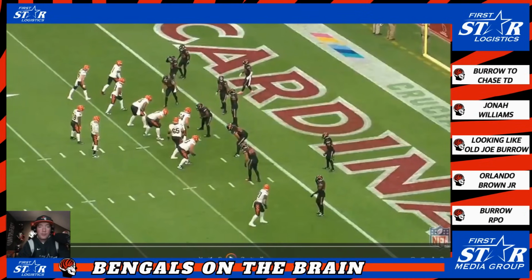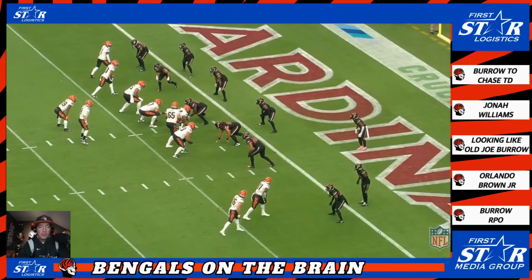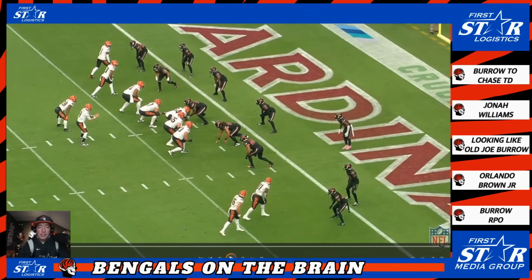After a successful first drive, the Bengals find themselves within the 5-yard line, trying to score against Arizona to get their first touchdown in the first half of the entire season. Joe Burrow's looking to the right. We've got a combination route here, bringing Irwin into the fold behind Irv Smith and then sending him across the end zone, while Irv tries to tie up the two of them before releasing and going up. Hopefully Irv can tie up this defender so he can't get over the top. Maybe you can mix them up with a switch release, and if so, you should get a wide open